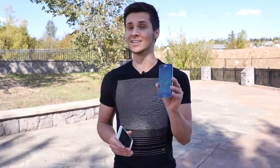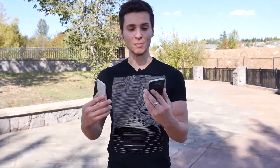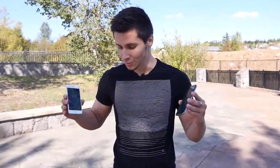So when I originally tested the iPhone 6s against the Galaxy S6 Edge in the durability drop test, it completely destroyed the iPhone. However, the iPhone 6s is back with new materials, a new display, and I want to test, is this thing more durable? So we're going to be dropping both of these, and I want to see if the iPhone 6s can get its revenge. We're going to start at waist height, head height, and a 10-foot drop on the rear, side, and